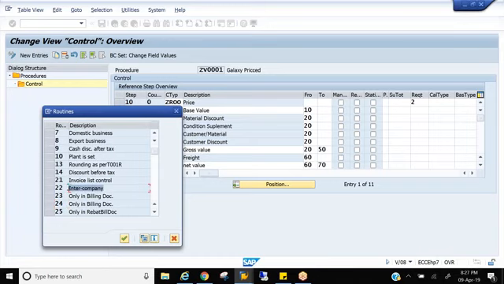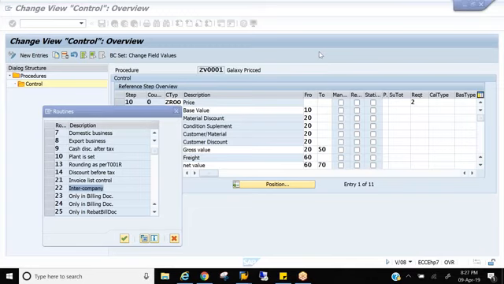22, intercompany sales. Intercompany means two companies belong to the same group. Apple India, Apple US. Both are Apple companies, right? So when you are delivering goods from Apple US to India, system will check whether these two plants are assigned to different company codes.